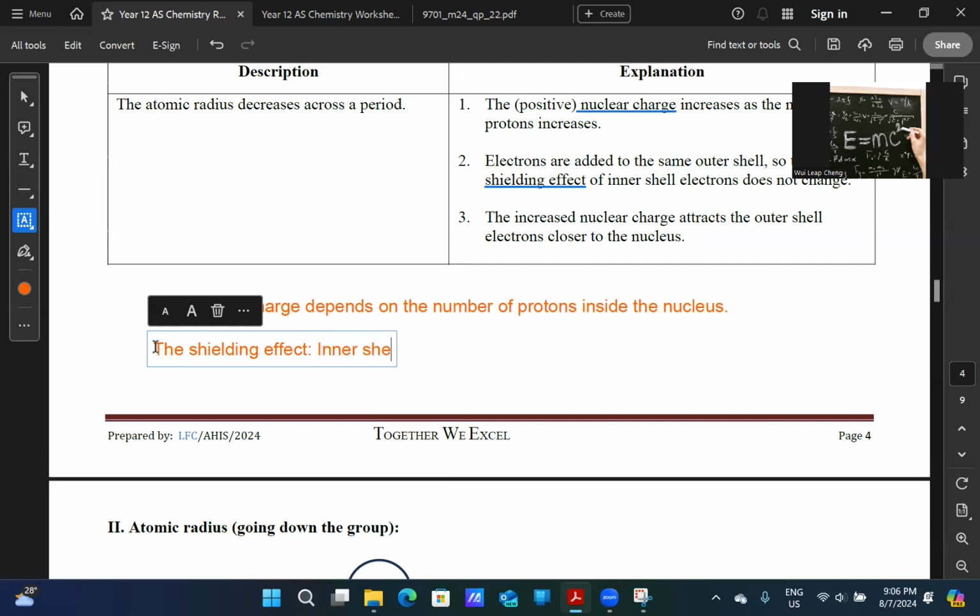The shielding effect: inner shell electrons repel outer shell electrons,